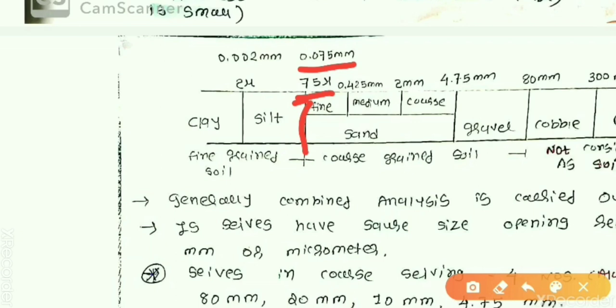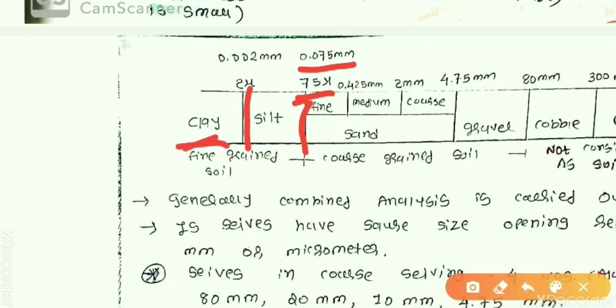Here is the particle size range, and you have to remember this table according to the size, which soil has which size range. If a particular soil has a size less than 2 micron, then we call it clay.